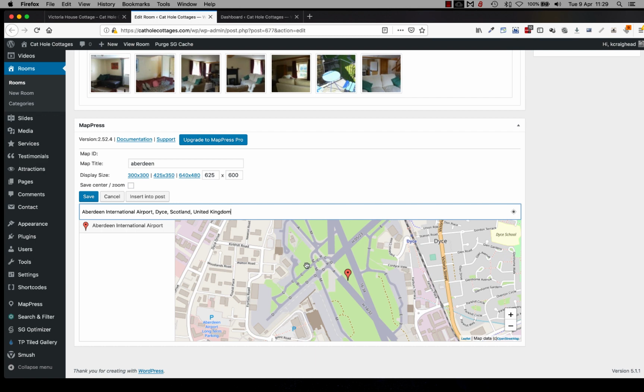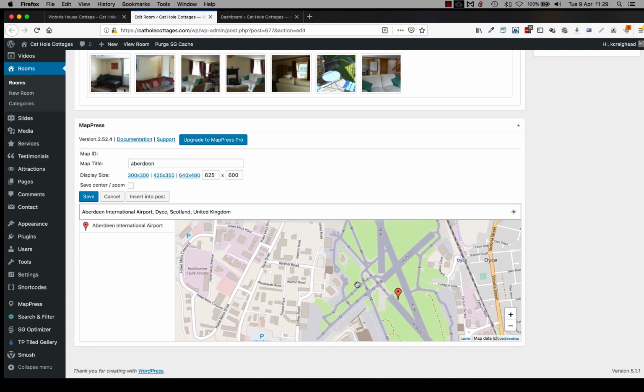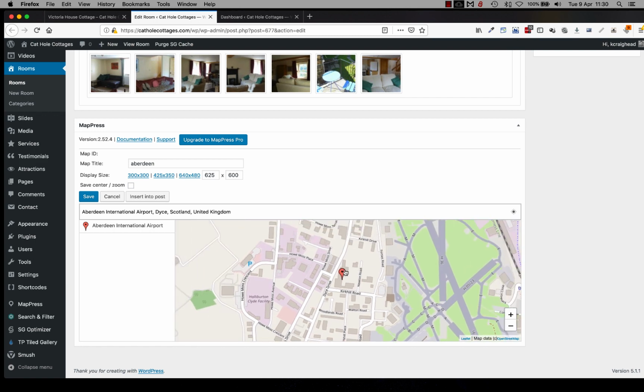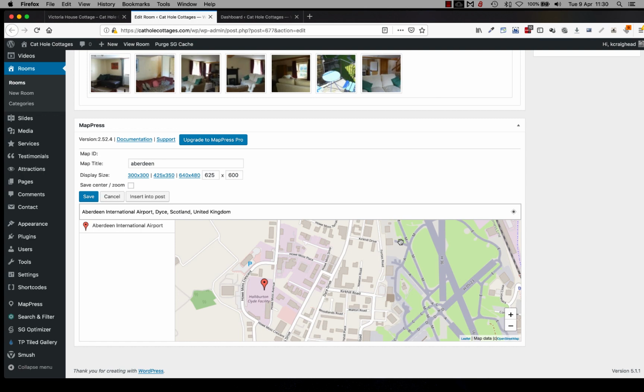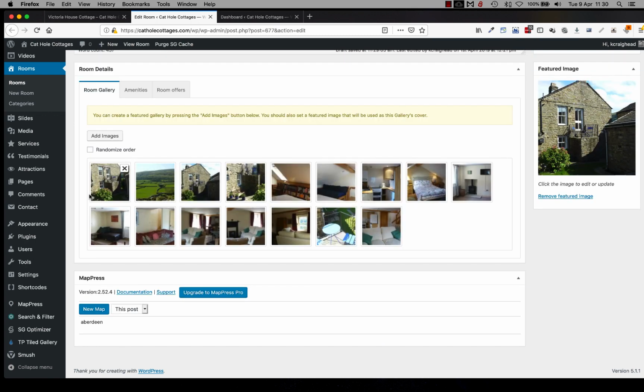Now if I say it's my actual office, which is very close to the airport, you can actually drag and drop on top of the exact building that you want and move that around. So if you can get a map point in the nearest town or village, you can then drag this map around and then click the exact place where you want the pointer to be. And when you're happy with that, you click Save,